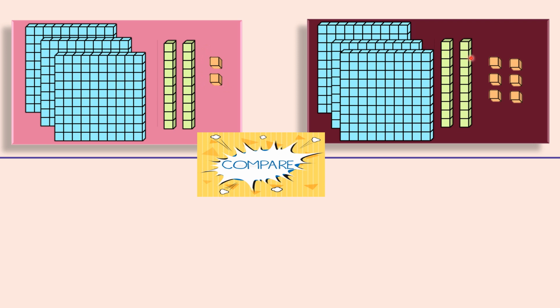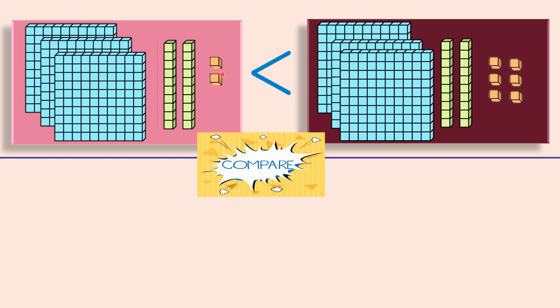So there are 2 loose ones in the first one and in the second one, we have 6 loose ones. We can easily compare. Both are not same, right? So 2 loose ones and 6 loose ones. It clearly says that the 6 over here is bigger than 2. So how do we compare? The first number is smaller. So the sign here or symbol here will be lesser than. The first picture is less than the second one.